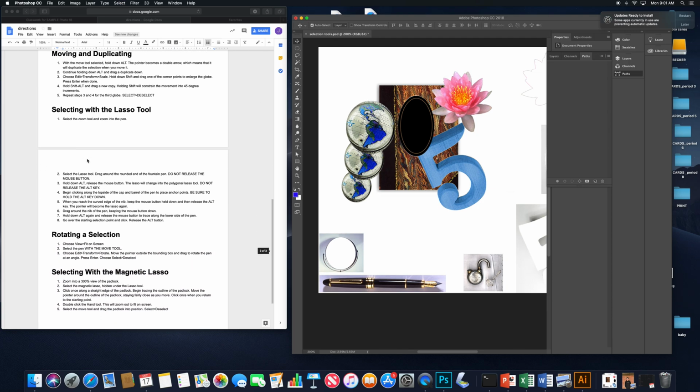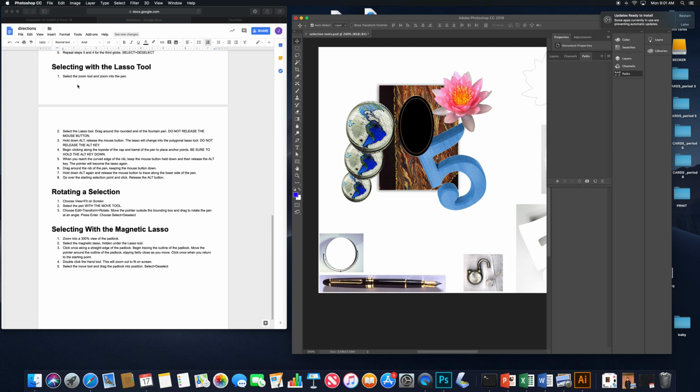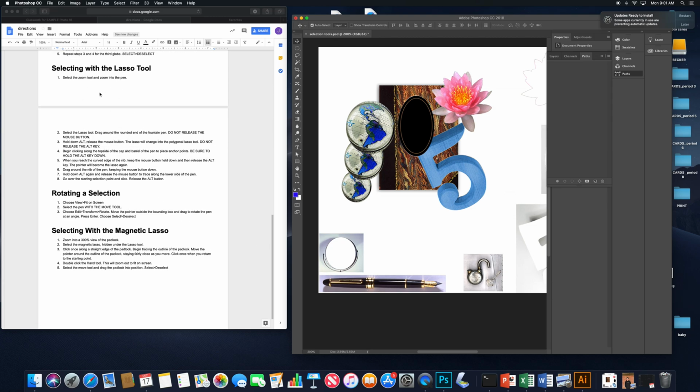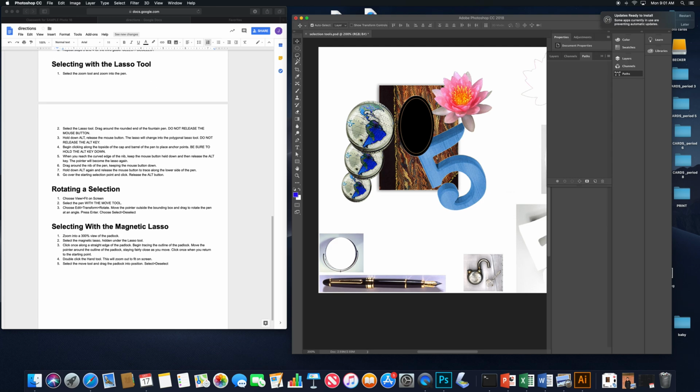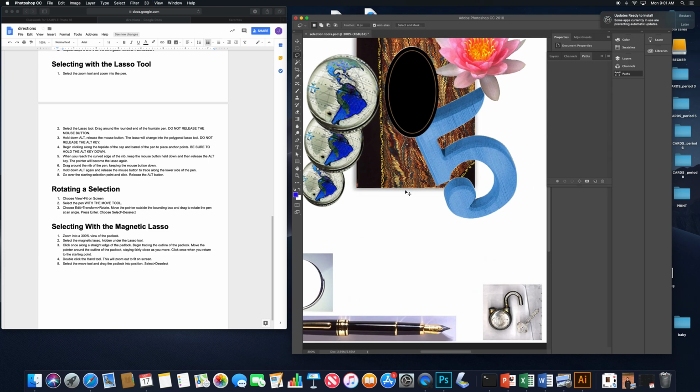And I'm just scrolling through my directions over here so you know where I'm at, but I'm down here where it says selecting with the lasso tool. The lasso tool is this one right here. Now this is a free-form lasso tool, which basically means you need to be super careful with how you're drawing, because everything you do will basically